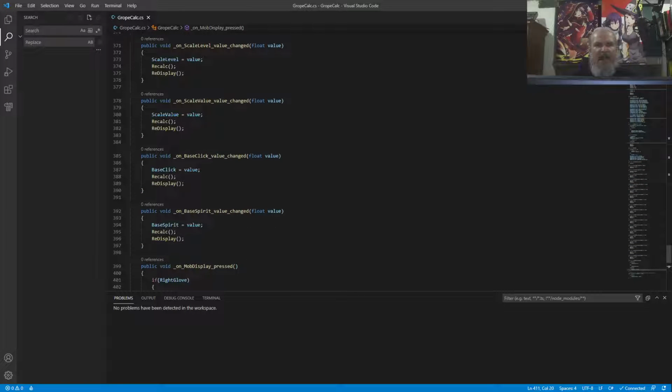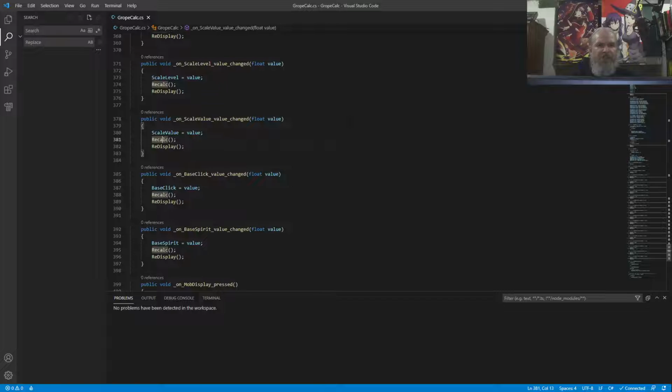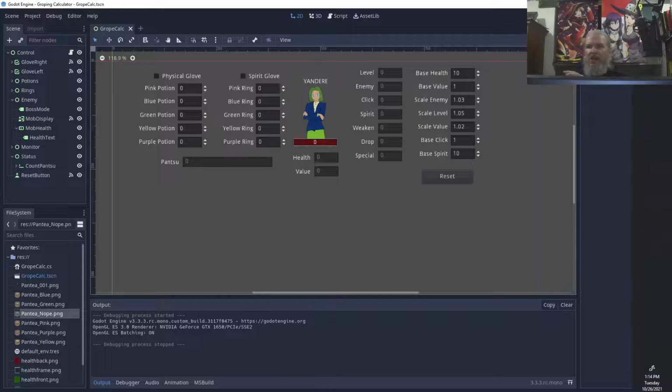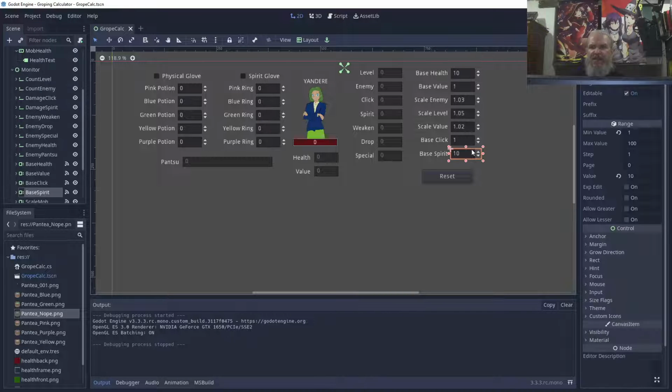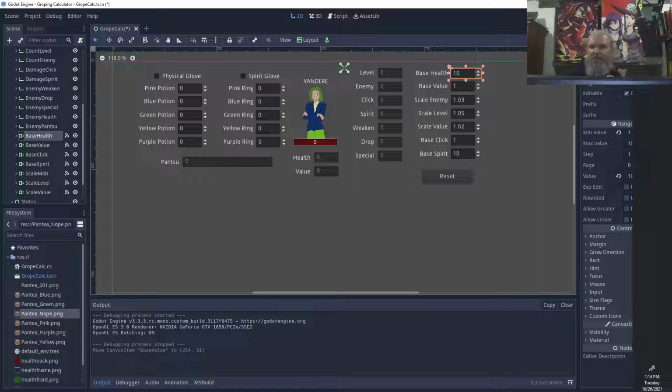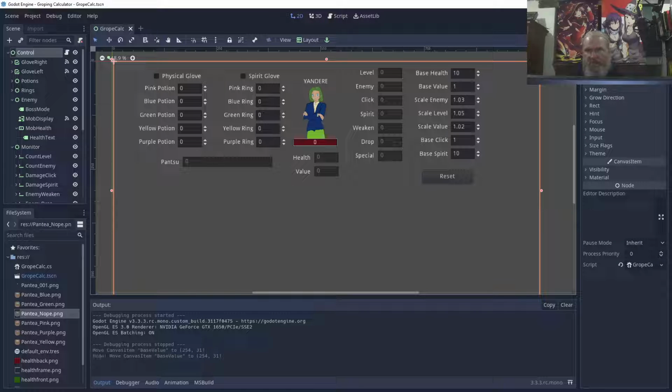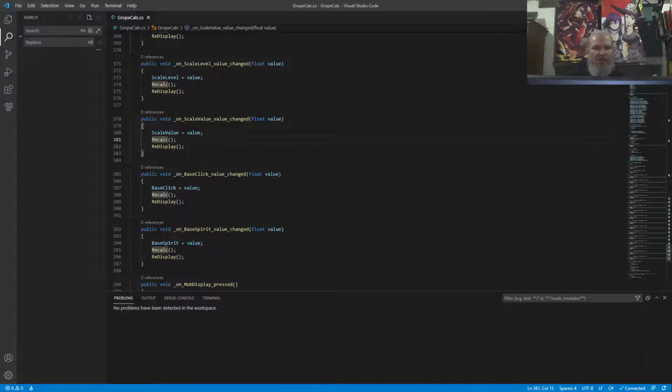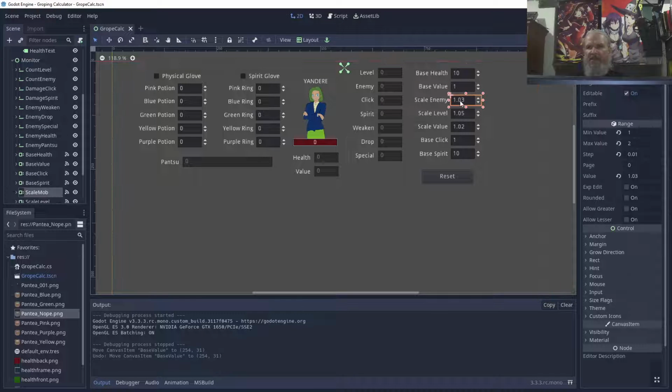And other than that, all of this stuff is just on value change. We recalculate everything. And you can see here, I've got some stuff put together. When you click through and look at it, each of these individual spin controls, whenever one of those controls changes, I fire off an event for value changed, and that's done over here in